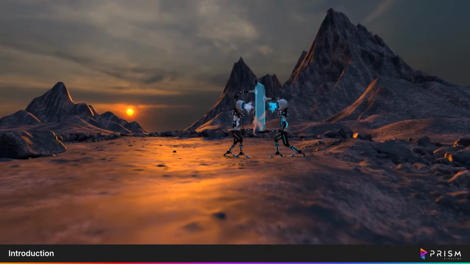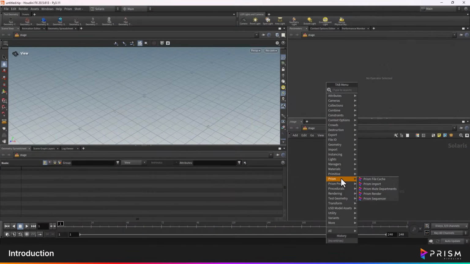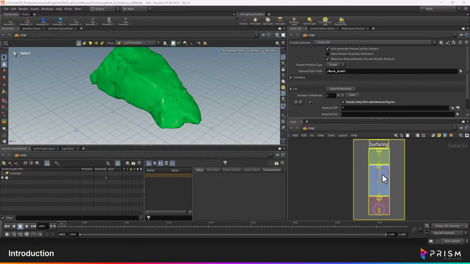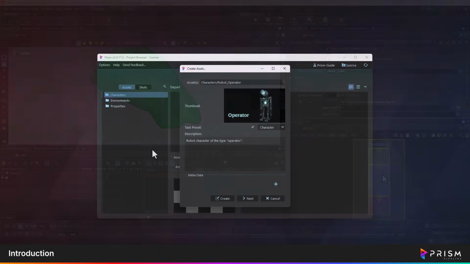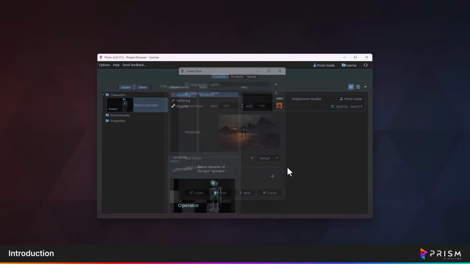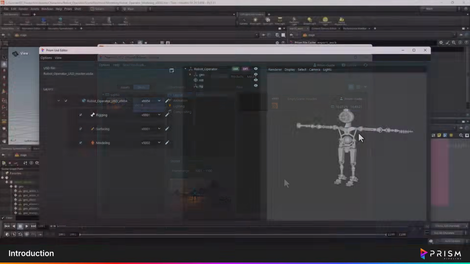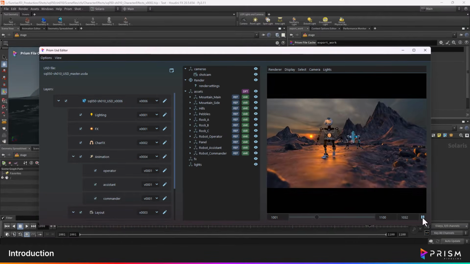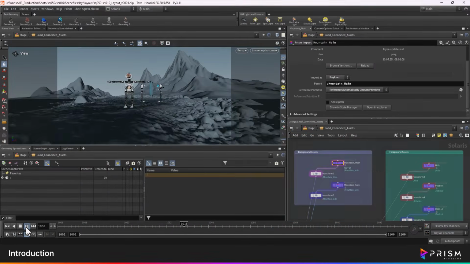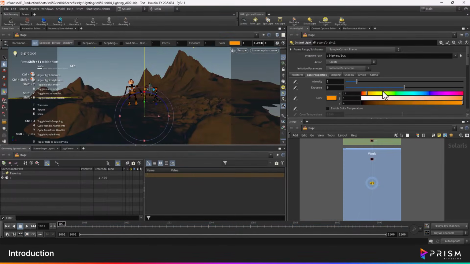This guide section covers the Houdini USD workflow in Prism. The introduction guide provides an overview of Prism's capabilities and presets within Houdini Solaris. Additionally, it shows how to properly set up USD assets and shots. The subsequent guides go through the entire pipeline, from asset creation to shot completion. They cover modeling, surfacing, rigging, layout, animation, character effects, and lighting.